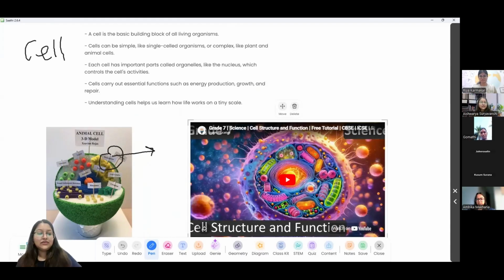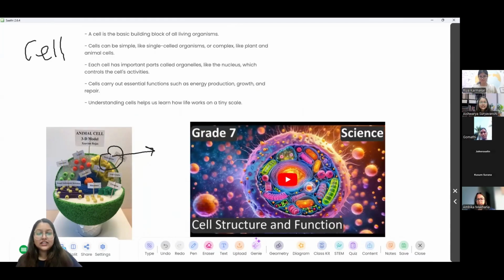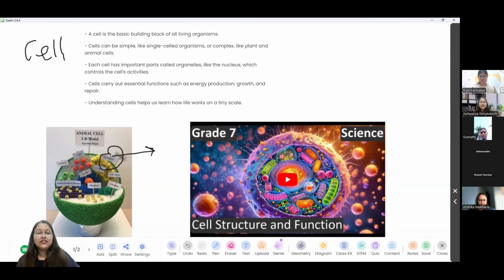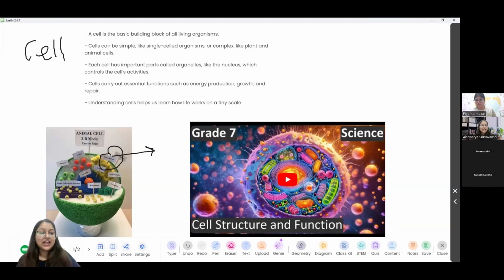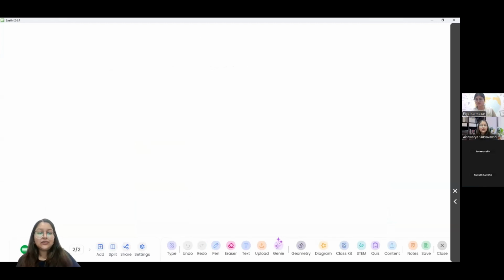Apart from that, we have added an option that lets you add more pages. Do you see this small hamburger icon? If I click on that, there is an add button. So I can add multiple pages. If I don't want to add multiple pages, I can click on this infinity option that allows me to expand my page in such a way that if I write anywhere, I can just keep on scrolling left, right, top, bottom, everywhere, and I can still annotate.